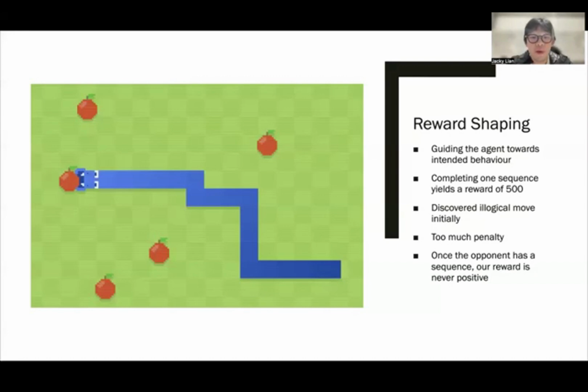A problem we found when training the agent with the reward function is that agents started to behave illogically. One example is agents started to try to block non-existing opponent sequences. We realized this issue actually stemmed from how the rewards are assigned during training. More specifically, in the initial design, whenever the opponent made a sequence, we'd deduct a very large number from the reward, and no matter what the agent did in the subsequent moves, they would always have a negative reward. The misleading reward signal meant that the agent failed to learn the correct association and led to undesirable behavior, and we fixed our reward shaping after that and reduced our penalization.